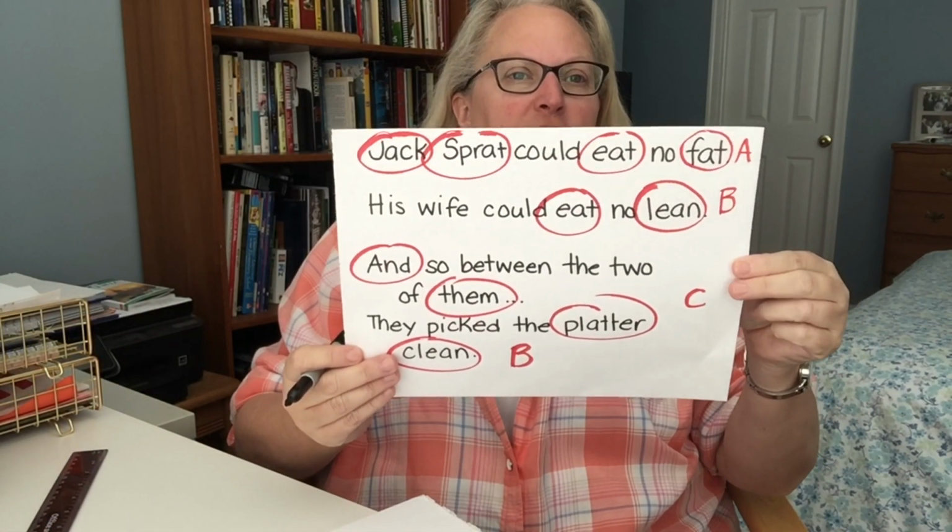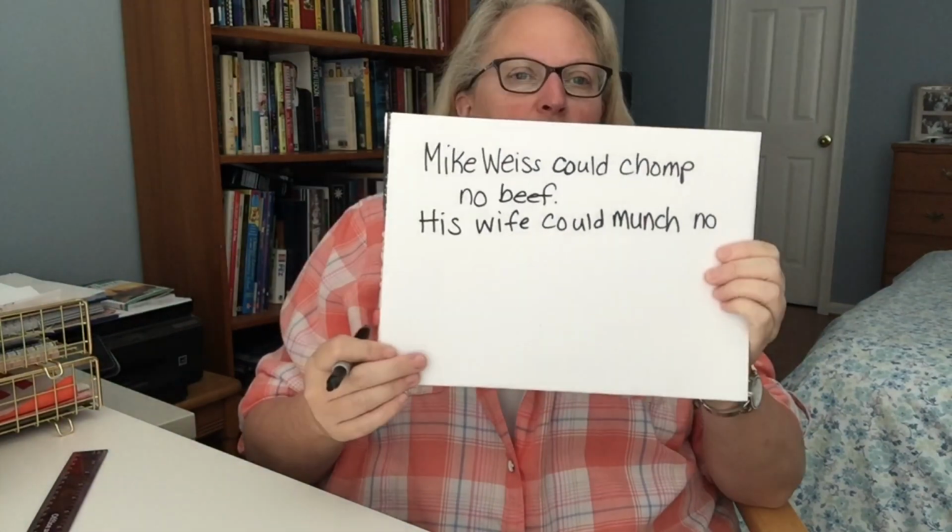So I'm going to go with his wife could, and I could use chomp again, except I might just want to switch it up and make it more interesting. So I think I'm going to have her munch on something. So his wife could munch no, and it has to be something at the end that's one syllable, because in the original it's his wife could eat no lean, so his wife could munch no,